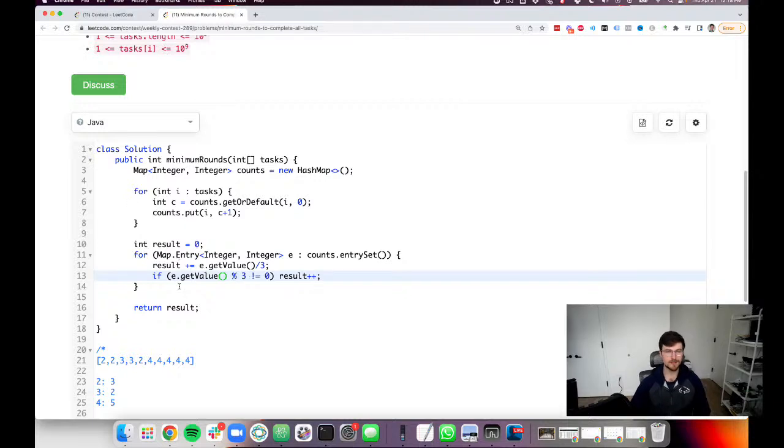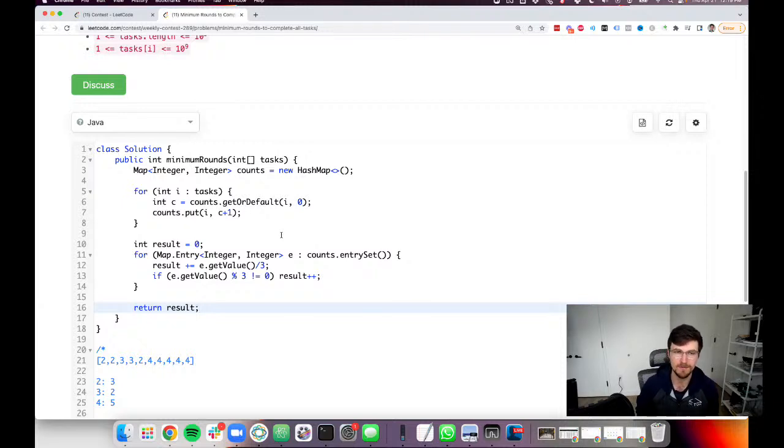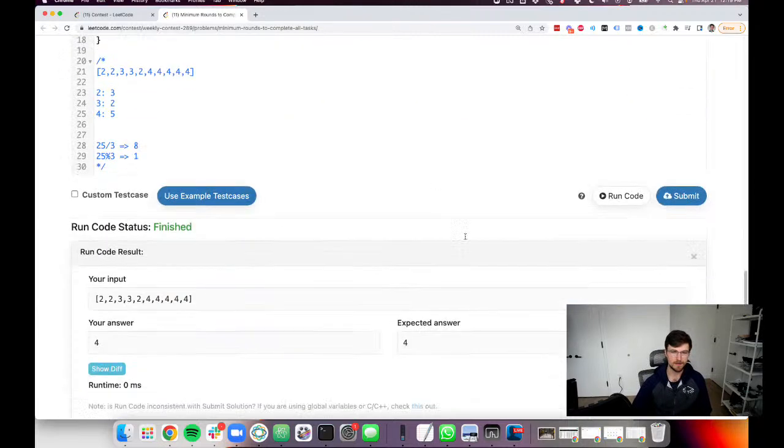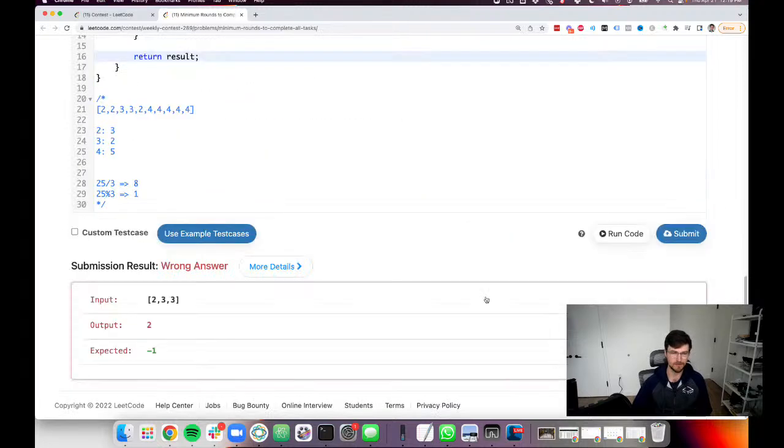Yeah, so the reason that I wanted to do this is last week we had a similar one, and all I did was I got the key set and I iterated through and got them for each one, and that's really probably not an efficient way to do this. It's definitely going to make more sense for us to iterate over the entry set from the standpoint of how do we as efficiently as possible iterate over all the values in our map. So in this case, this seems to work for this case. I think our logic is sound, so it's just going to be a question of did we miss any edge